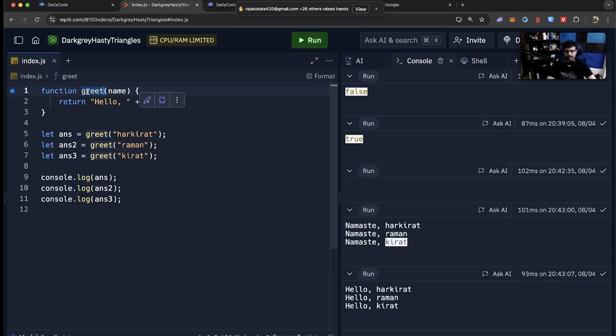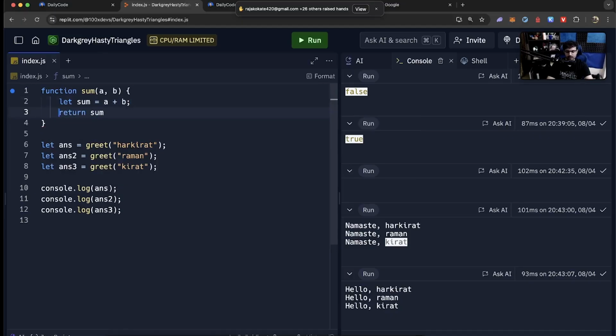So let me quickly define one more function for you called sum. Now I have a new Kamla Devi auntie or Kamla auntie. She's supposed to take 2 variables, A and B. She's supposed to take 2 variables now, not 1. She has more work to do. And she's supposed to return the sum of it. Let sum equal to A plus B, return sum. So what is Kamla Devi doing over here? What is our sum function supposed to do? Let's call this total sum to avoid any conflicts. She calculates the sum of the 2 variables she gets and returns the value.